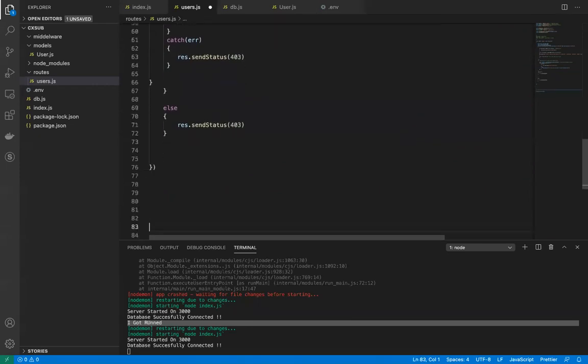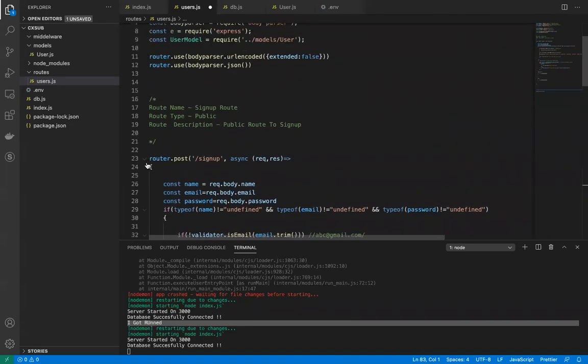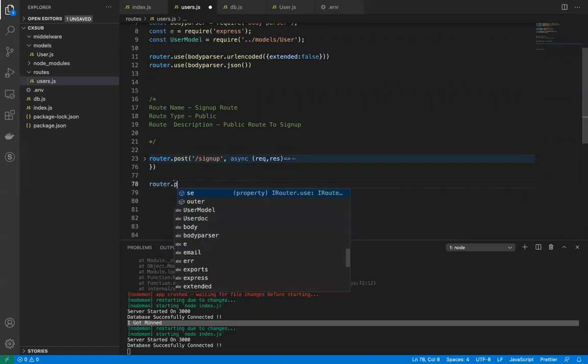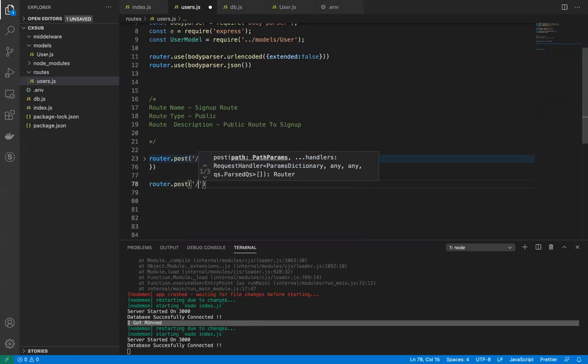Let me just press enter, and let me just make it a little bit simple like this. And now we are going to use router.post, and we are going to implement the login route over here, which is simple. So async, we are actually going to use the MongoDB function over here. So I'm already writing async request response, and then that's pretty much it.